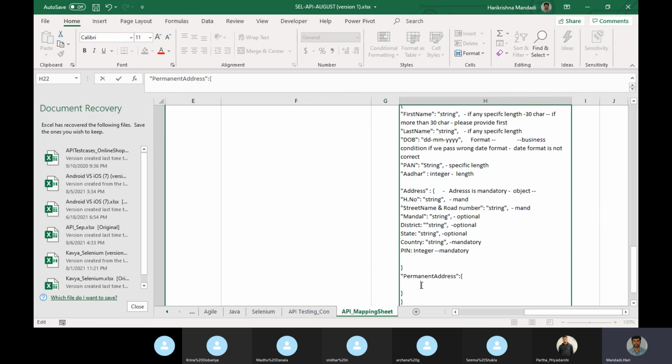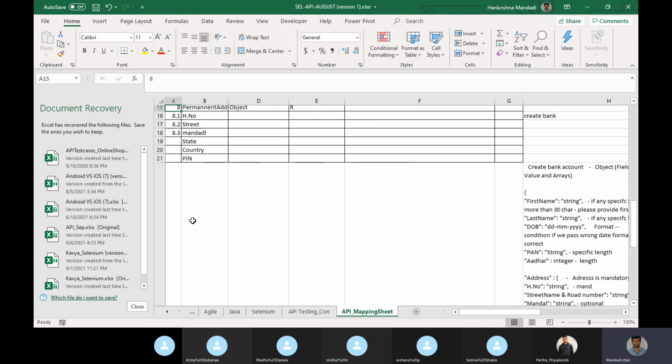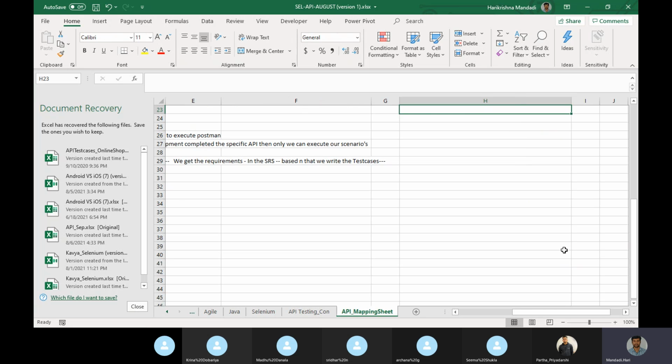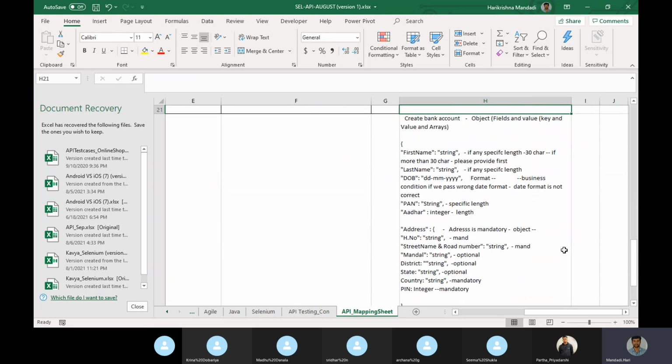Consider something is there inside, then it comes as 8.3.1, under mandal or under street. If you have some more things, suppose not for address, but some bank account with details like a currency.